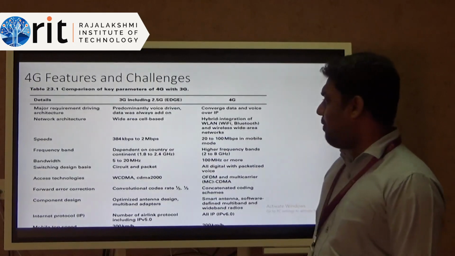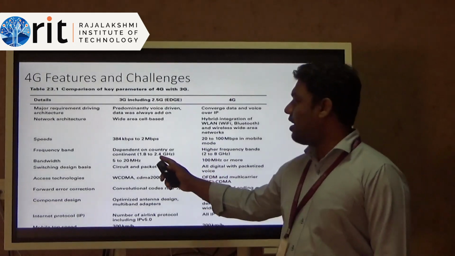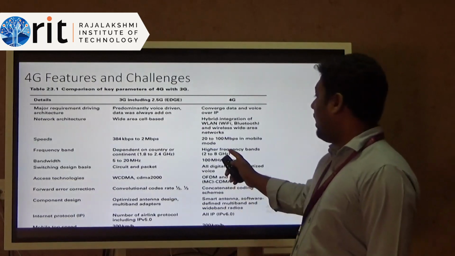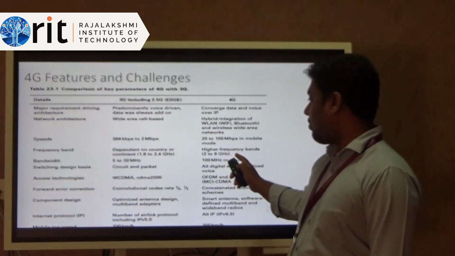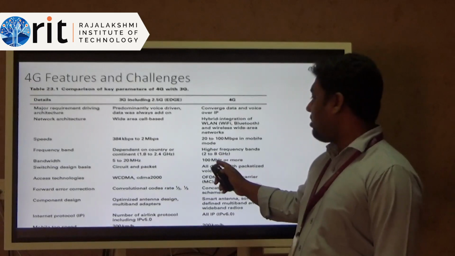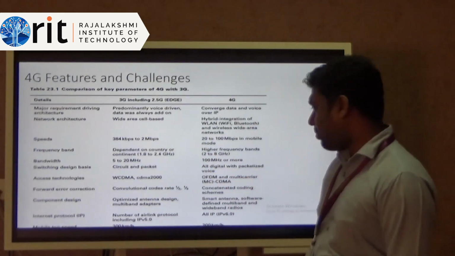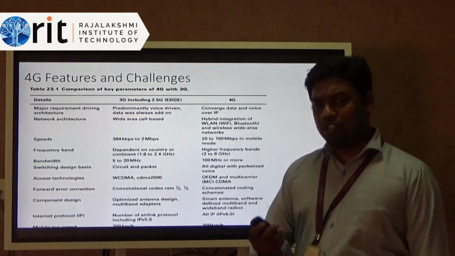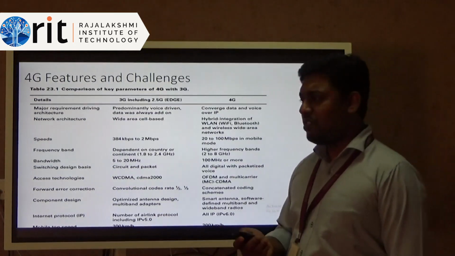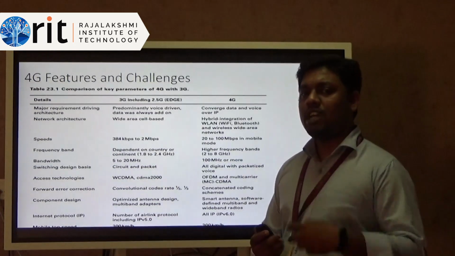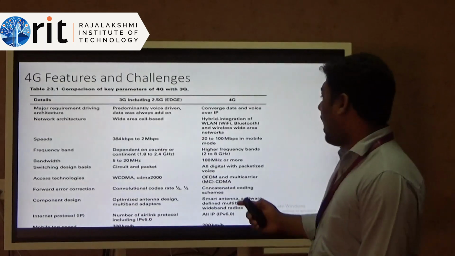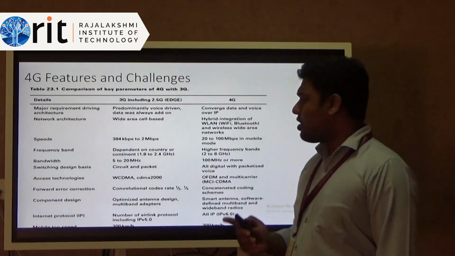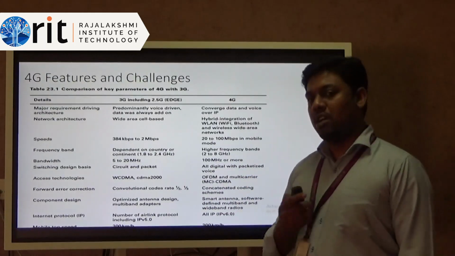And the frequency band we are using for 3G is 1.8 GHz to 2.4 GHz, but in terms of 4G, the frequency band we are using is 2 to 8 GHz. And obviously your 3G supports circuit switched services as well as packet switched services. That means it supports voice calls as well as your data services. In terms of 4G, all the data will be forwarded through IP packets, so 4G will not support your circuit